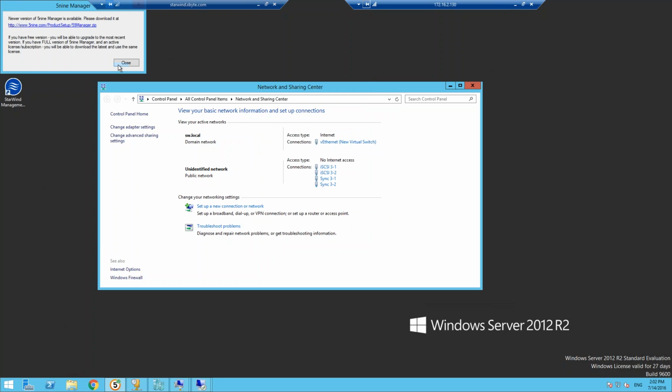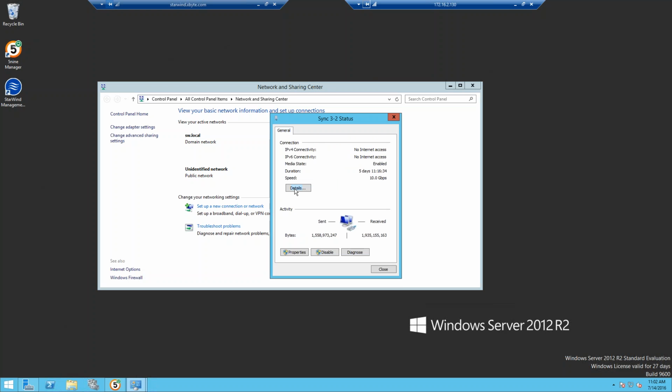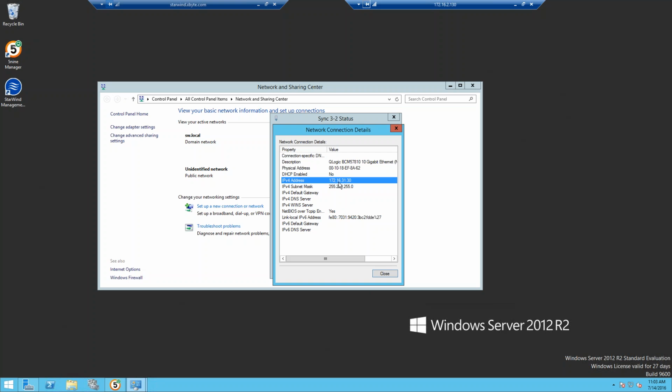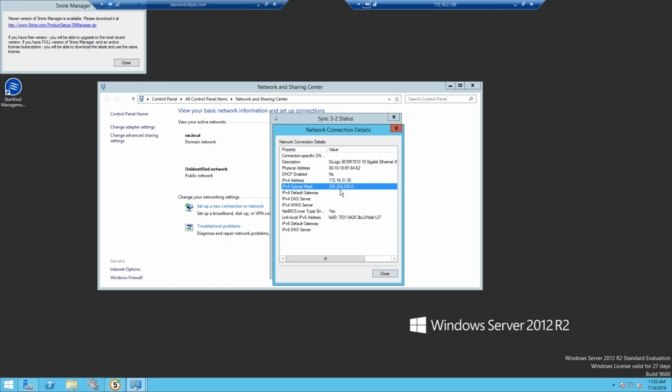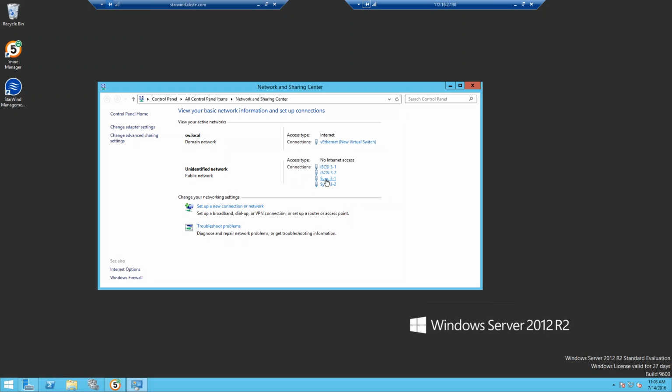An important thing is we highly recommend, in case you have 2 iSCSI links and 2 synchronization links, having each single one of them in its own subnet, separate from everybody else. So let's see. Synchronization channel is 172.16.31.30. The subnet mask is class C, so 255.255.255.0. And then this guy